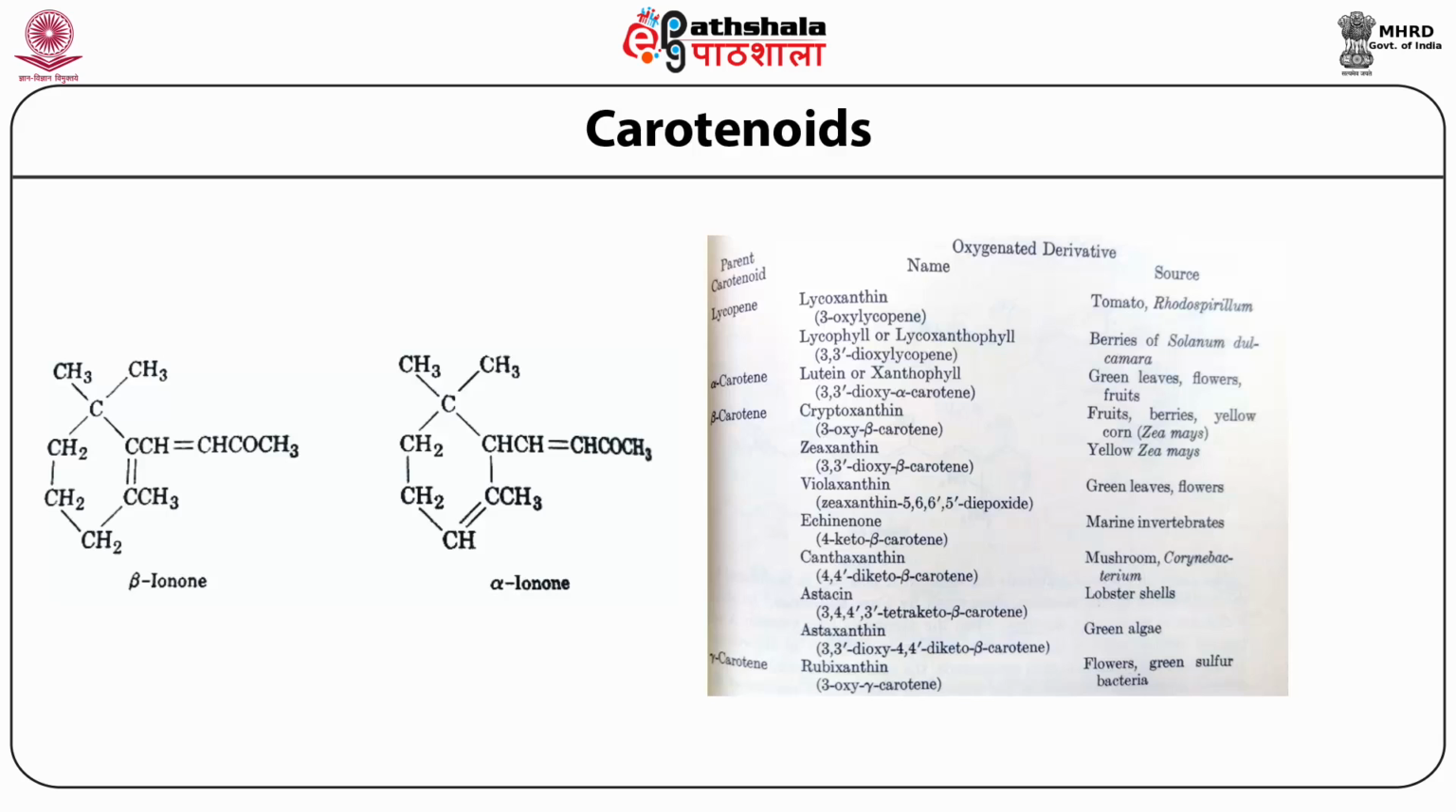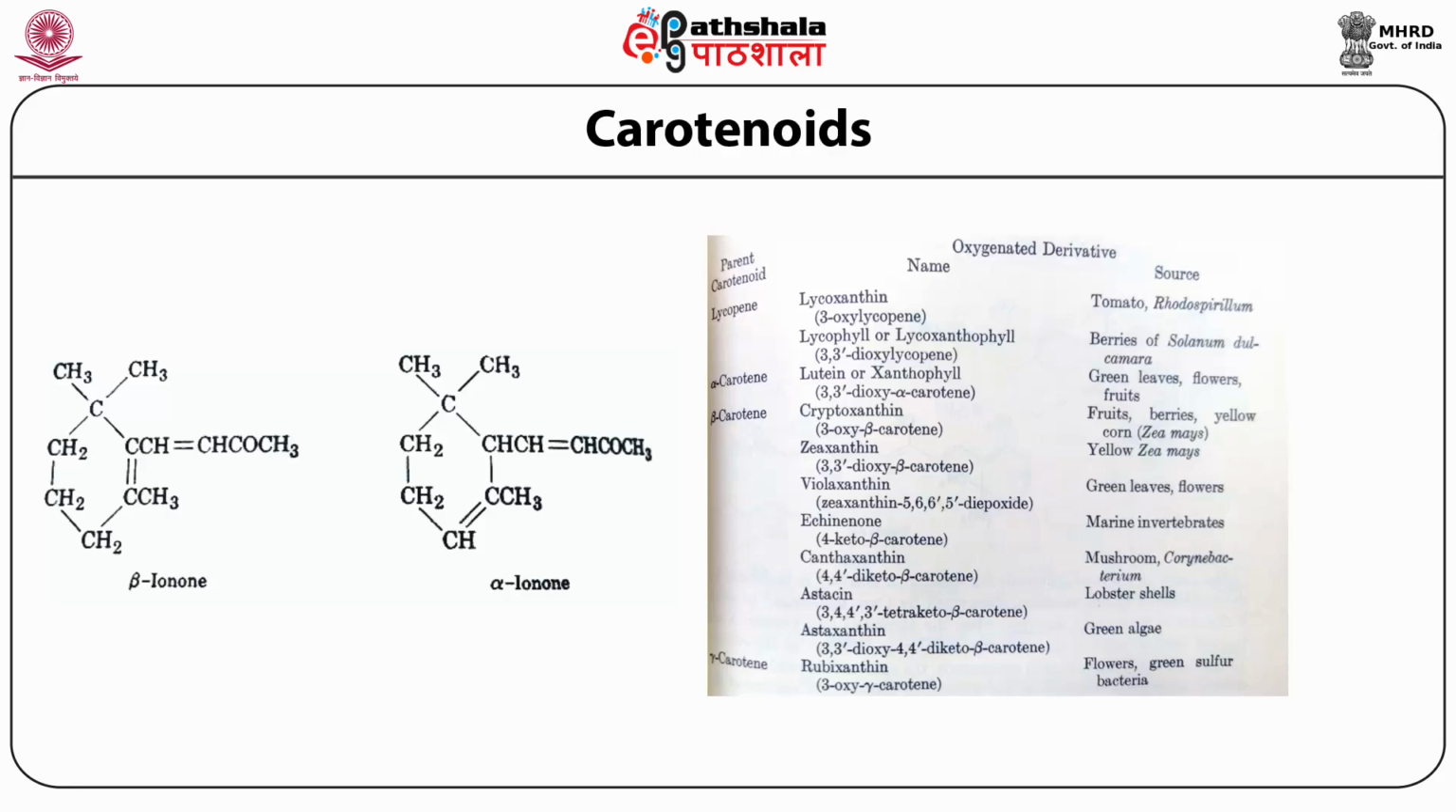Other lycopene derivatives are lycophyll, which is present in berries of Solanum dulcamara. Lutein or xanthophylls is another well-known carotenoid. The parent compound for lutein is alpha carotene and it occurs in the green leaves, flowers and fruits. Thus, lutein is widespread in the plant kingdom. The carotenoids related to beta carotene cover a wide range and include cryptoxanthine, which occurs in fruits and berries, zeaxanthine,